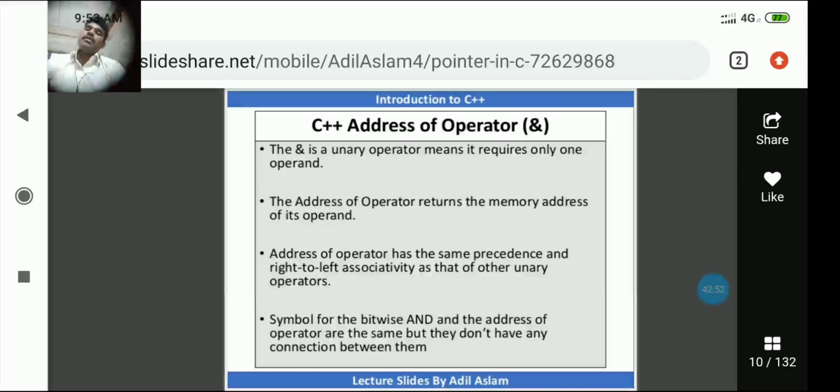Address operator has the same precedence and right to left associativity as that of the unary operators. You know about that precedence. The bitwise and and the address of operator look the same, but they don't have any connection between them.